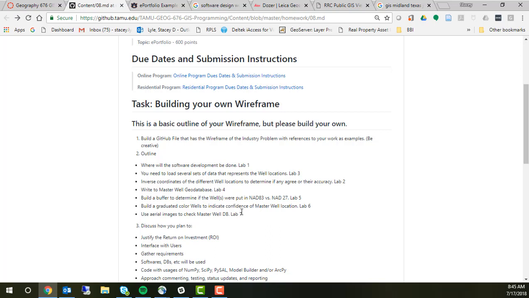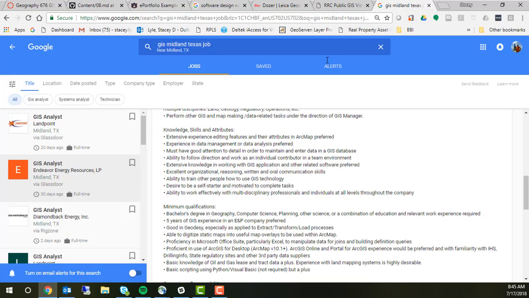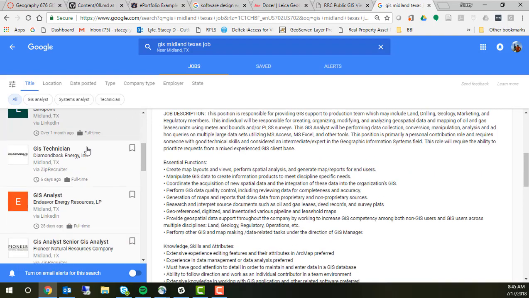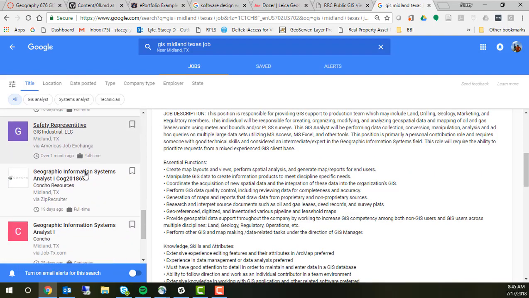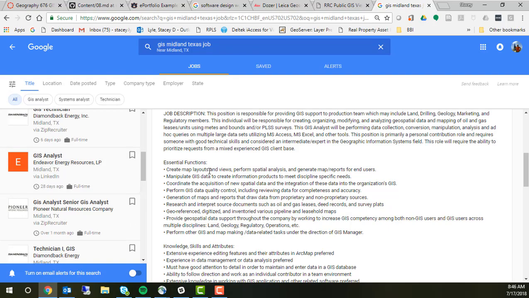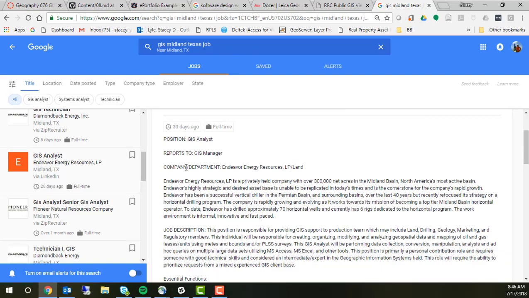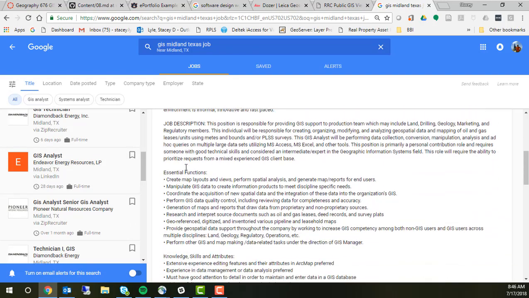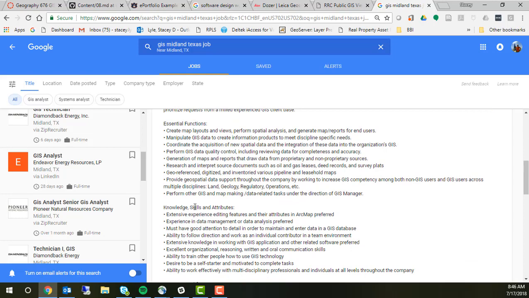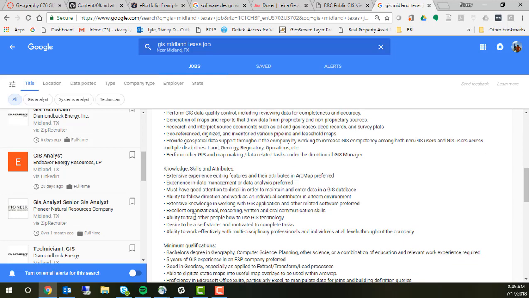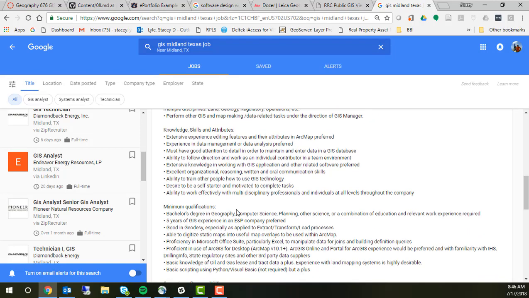How important is it to have this ePortfolio? I went out and Googled some jobs just in Midland, Texas, looking at some stuff for GIS in Midland, and I saw several different jobs that are currently out there. And if we look at their requirements, here's one that's out there, and they have some requirements and skills that they need. All right, so a lot of it is very simple editing, managing the aspect of things,